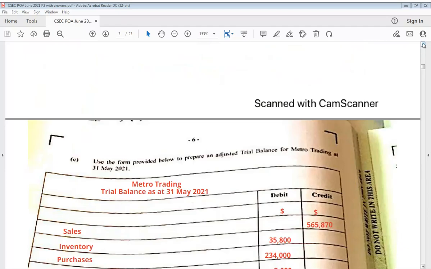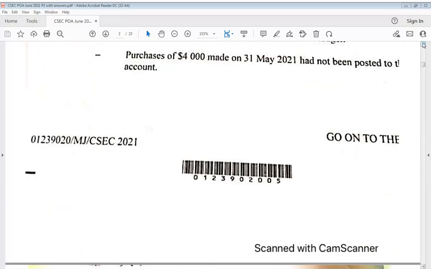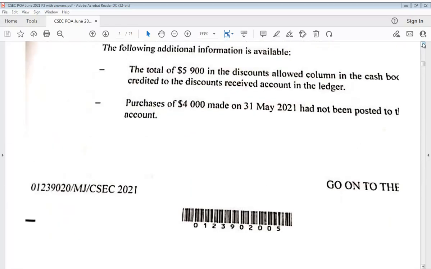So what we're going to do is simply provide the trial balance. All we know now is that they give us here in this detail the total of $5,900 in the discounts allowed. So we know that is from the discount received,